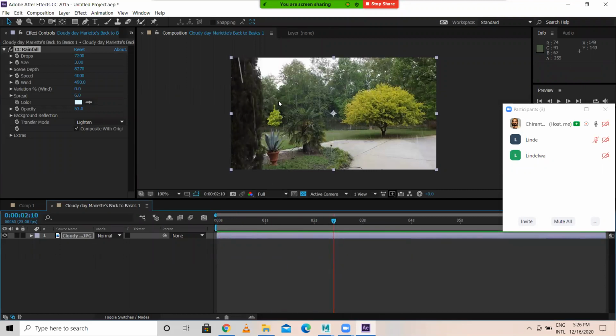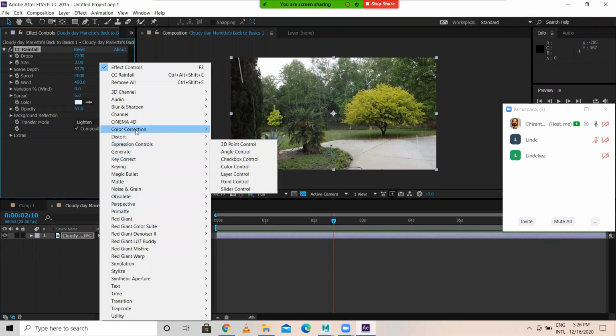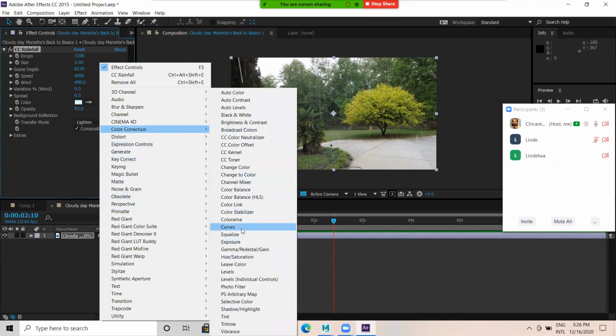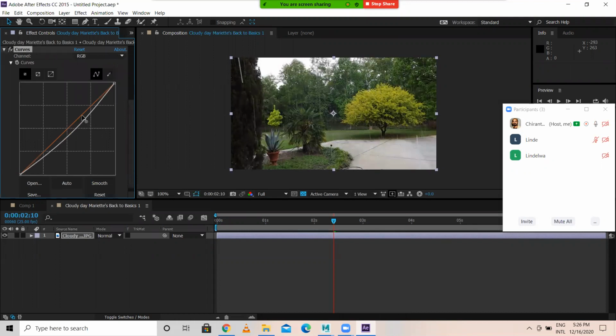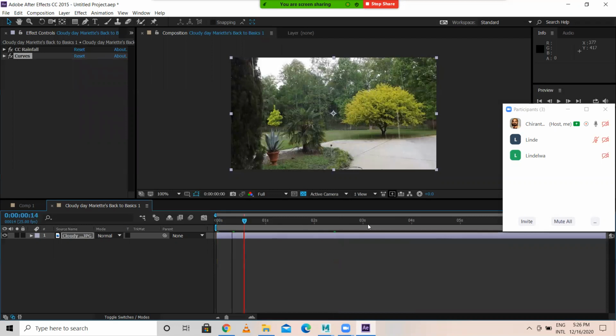This is with rainfall. So let us do a color correction for this particular image as well. I'll just go to color correction, curves, something like this you can give. So try this, before and after output you can do. I'm doing this for image, you can do for video also. Before and after.